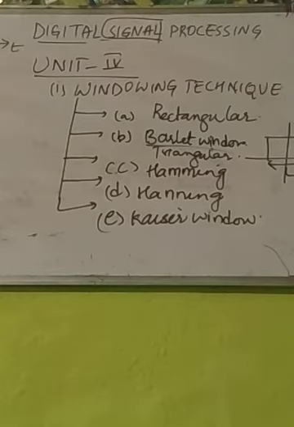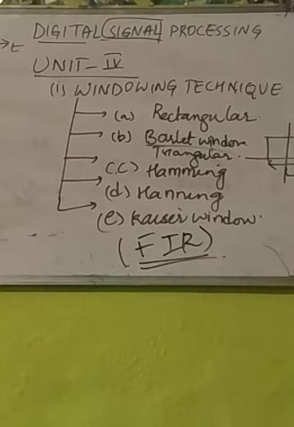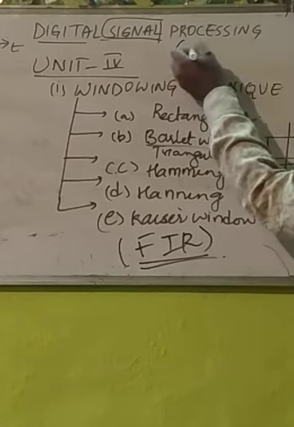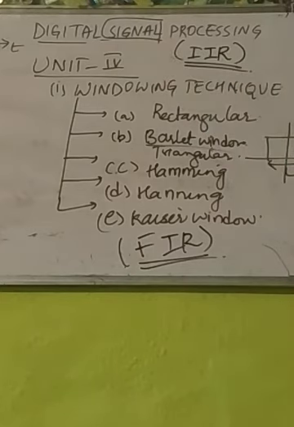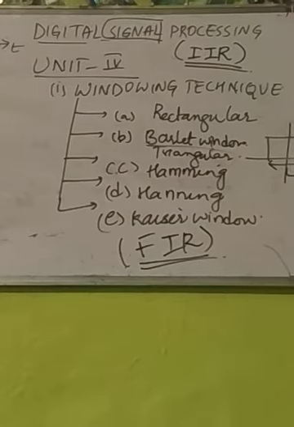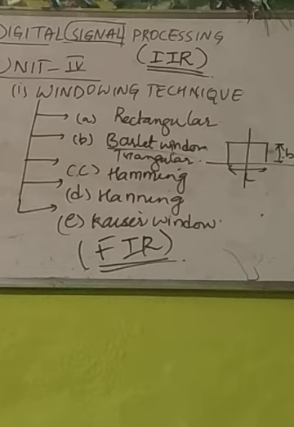So this is all about what I just now said. These are used for FIR. FIR stands for finite impulse response. In unit 3, whatever you have learned, the approximation techniques I just now said, those are nothing but the IIR. IIR stands for impulse invariant response filters. So by using these two kinds of concepts, we are going to deal with unit 3 and unit 4. Somewhat it's not visible, the rectangular window, as you can see here. This is just an example of how the rectangular window can be used and how it can be formed. Likewise, we do have unit 4.